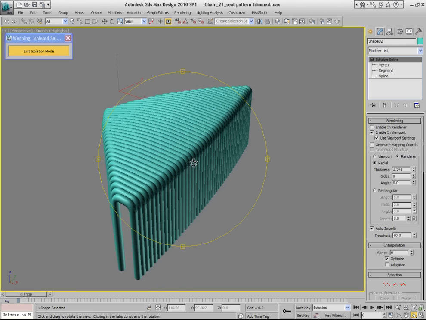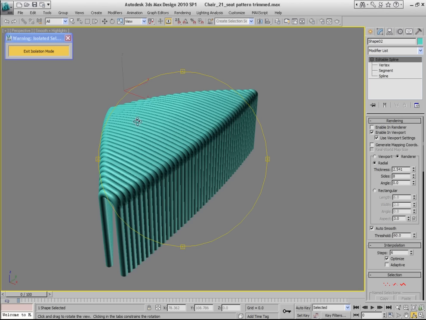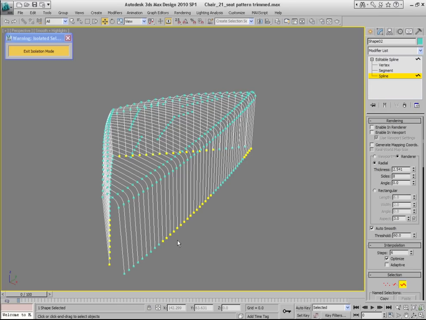And imagine you're doing this for all the other quarters of the seat, and when you put them together, they will look like they interweave in the middle. Now, the only thing I can recommend to do to this object is, eventually, of course, you will decide to apply materials to this object, and it's not a secret that it will not be very easy to texture, because right now this object, you can see, is made up of